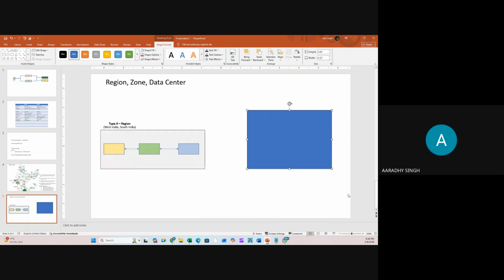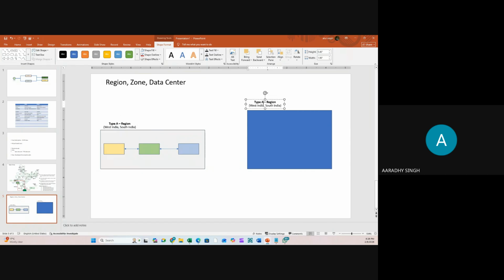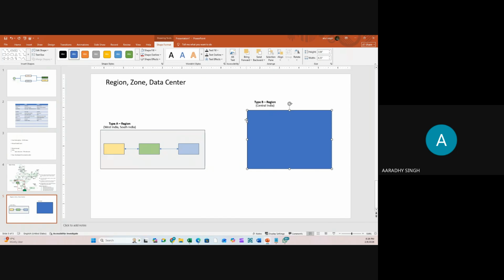So suppose this is a region. This is called the type B region. An example of type B region is Center India. Center India means Pune. So here in Pune, this is your region.